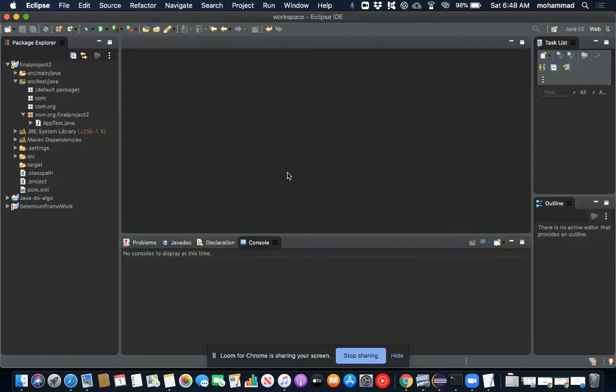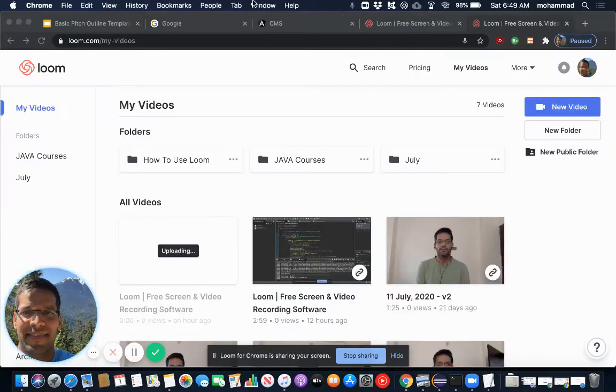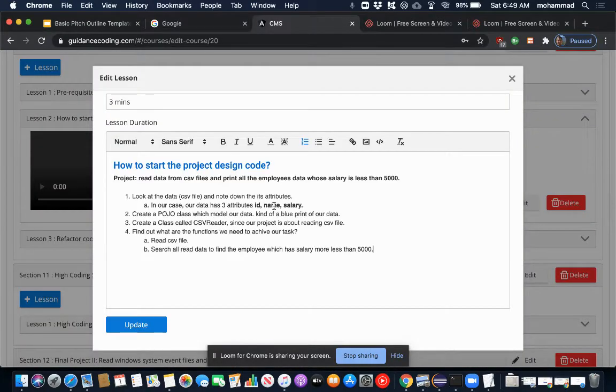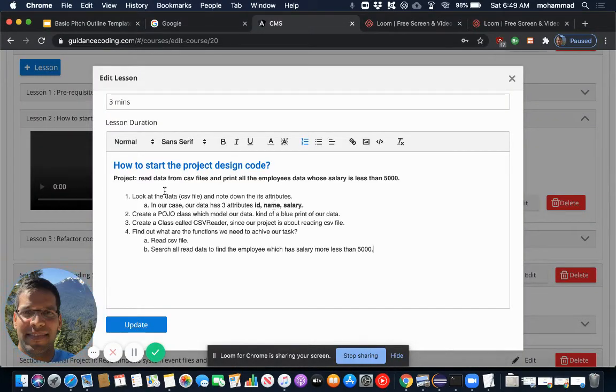Now that you've created a Maven project, final project 2, and added the OpenCSV dependency, let's look at our project and what we are trying to achieve here. Let's go to our project. Our project is to read data from a CSV file and print all the employee data whose salary is less